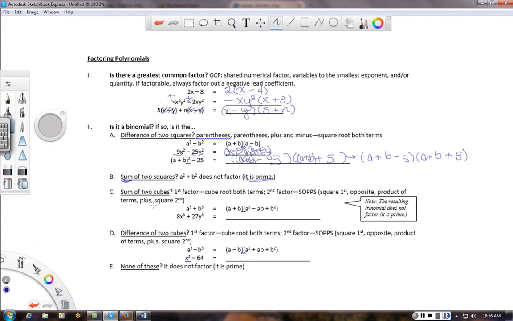Let's take a look at our second pattern, and that involves the cubes. For the cubes, we can have a sum or a difference of cubes. Both are factorable. We have a pattern that we use that simply says, take the cube root of the first term, keep the same sign, take the cube root of the second term, and that will create our first factor. The second factor uses the first factor to be created, and we're going to use a mnemonic that says SOPPS,